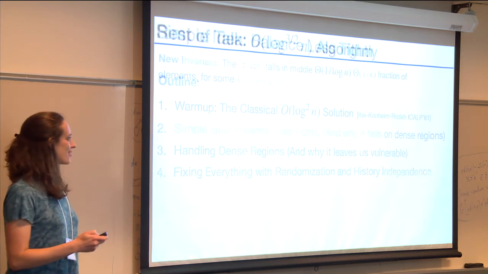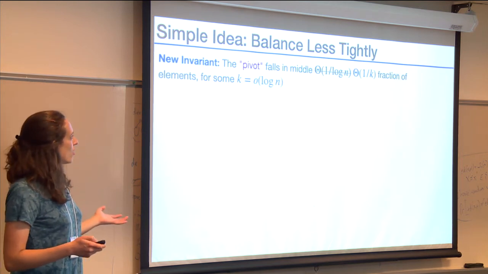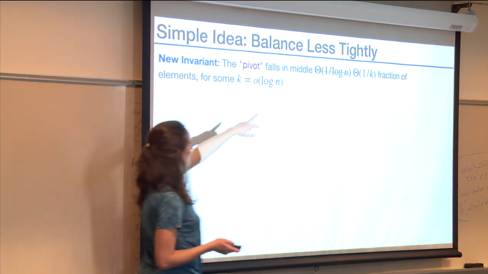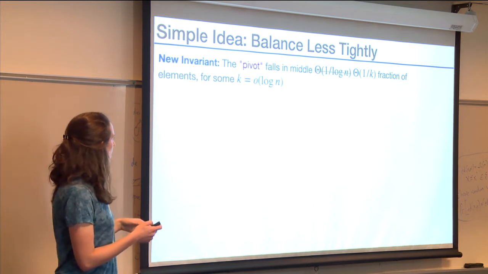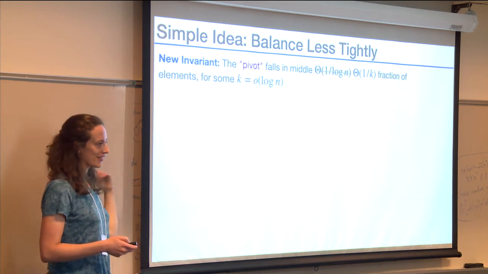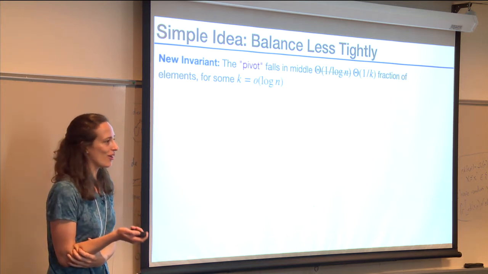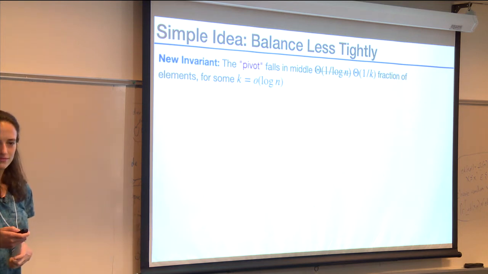So now the idea is, how about we just change the parameters of this algorithm? Instead of 1 over log n, we have 1 over k for some k that's smaller than log n. Then if you do the calculations from the previous slide, it will come out to something better than log squared. But you would hope for this improved invariant only for the random distribution,